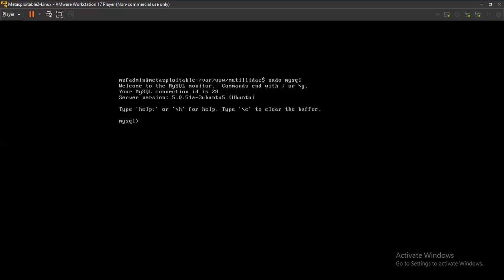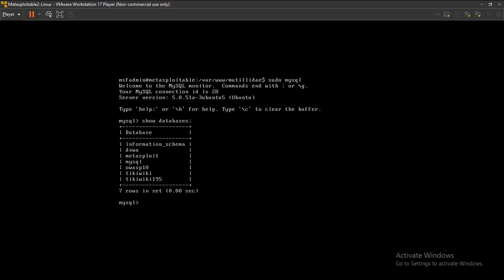So once you have sudo mysql, now basically you're trying to get into the database. So after this, you type show databases. Show databases, and always remember the semicolon. Show databases is going to show you all the databases inside of this